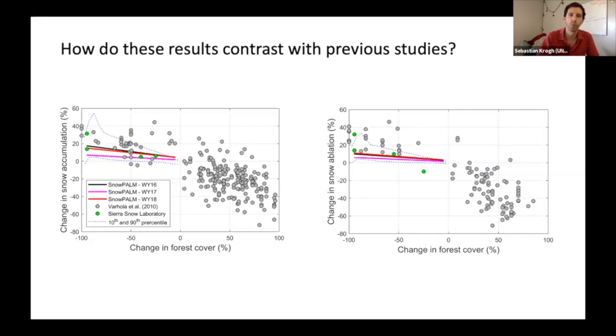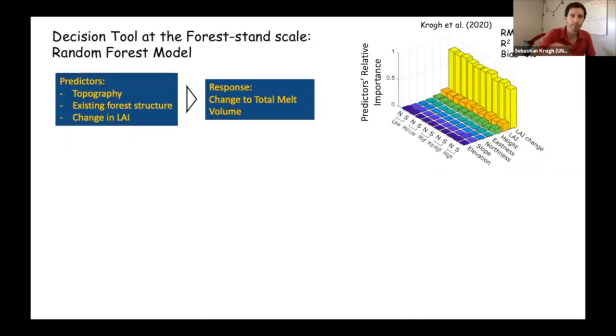It's really hard to drive, you could imagine, a big linear regression through all these dots, and that's not really going to give you a very good answer. So we go ahead and we try to develop this decision support tool, which is based on a random forest type of machine learning. And we use several predictors: topography, elevation, aspect, slopes, etc., existing forest structure, and change in LAI. And we try to come up with a total change in melt volume and peak SWE as well,